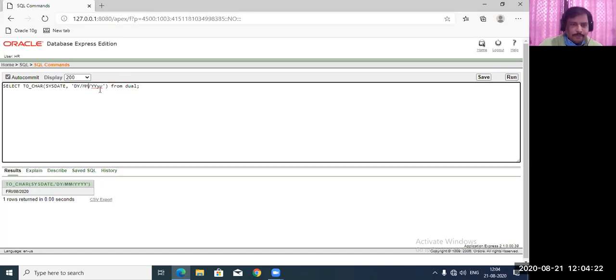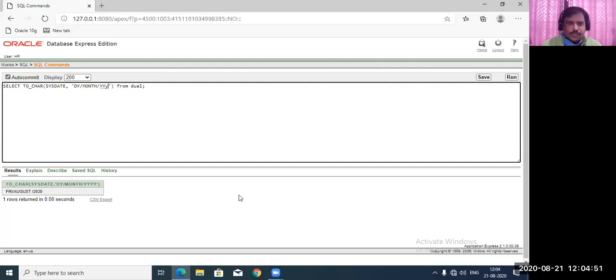So MM is numeric, MON is 3 characters, and then MONTH is the complete month. Now come to year. In year I have written 4 y's, and 2 capital, 2 yy, because depending on different versions it takes different cases. That's why I have a mix-up, but in 10g it takes it with no problem for case difference, uppercase or lowercase.